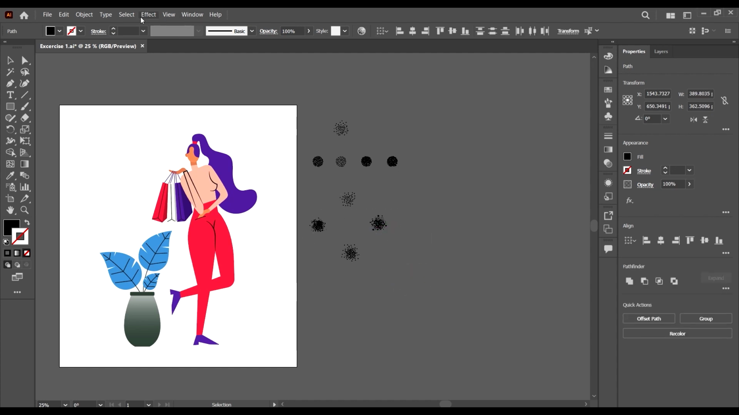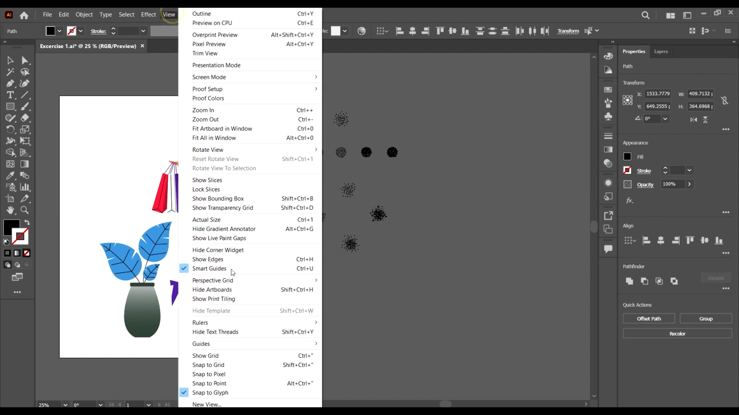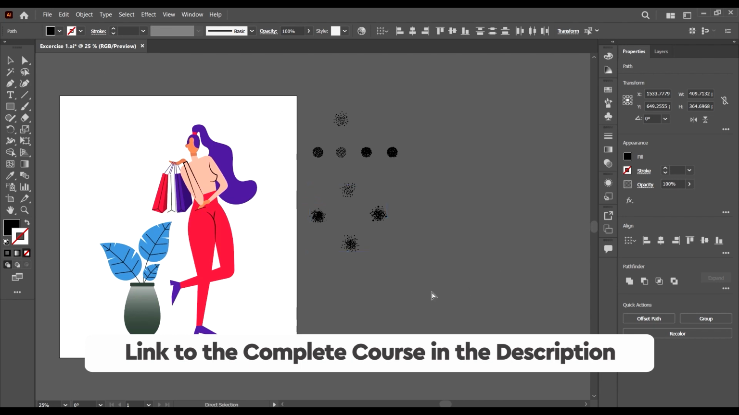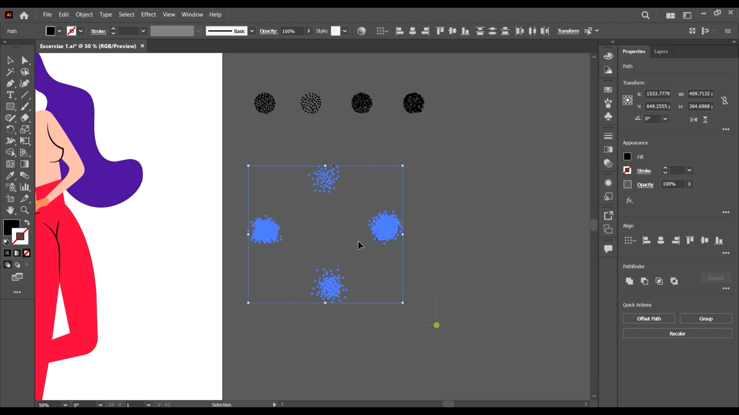Okay, so we are going to presently just try to create them as a custom library. So just copy all of them. I'm just going to turn on my bounding box. Show bounding box, and maybe Control H to bring back the anchor point. Then just select all of them and Control C, and we're going to create a new document